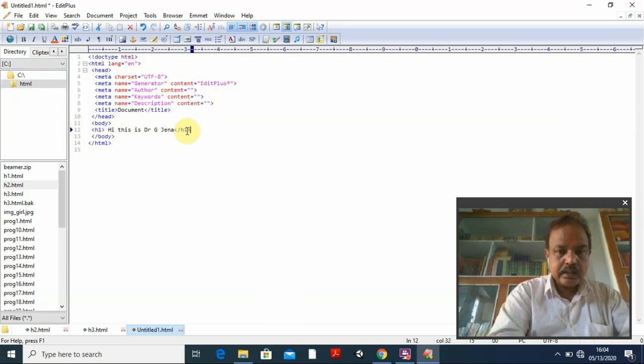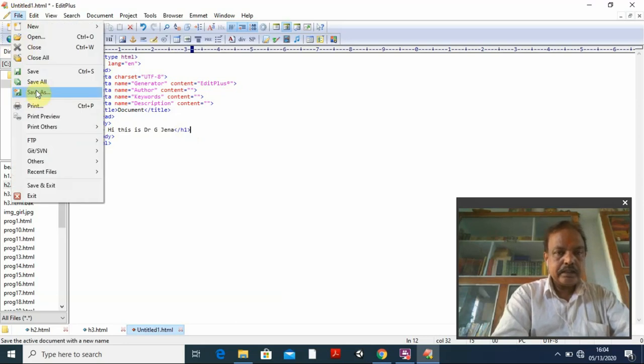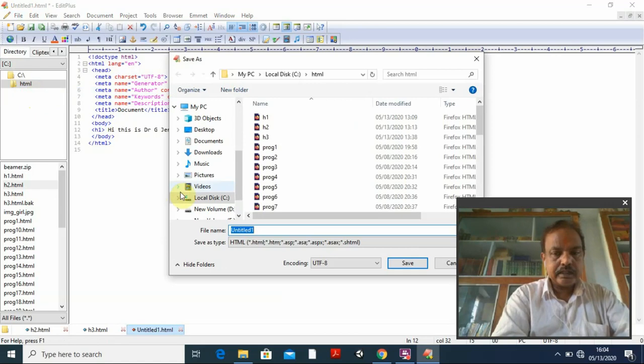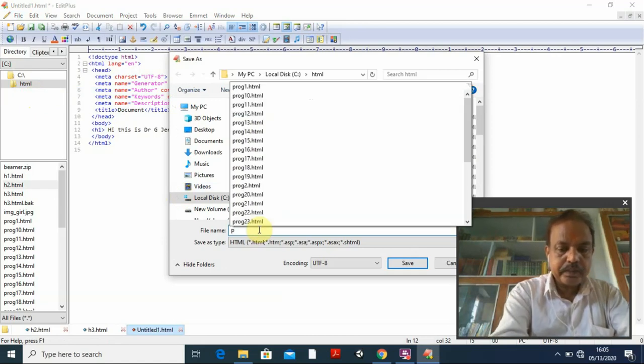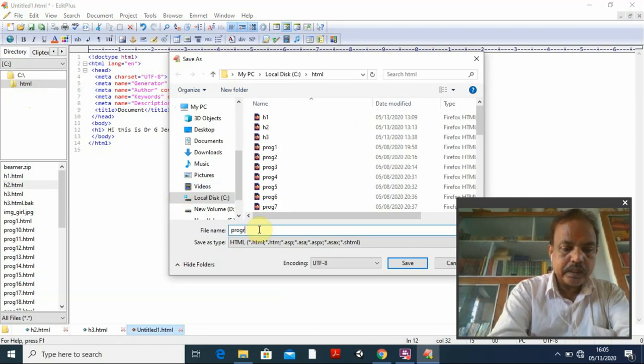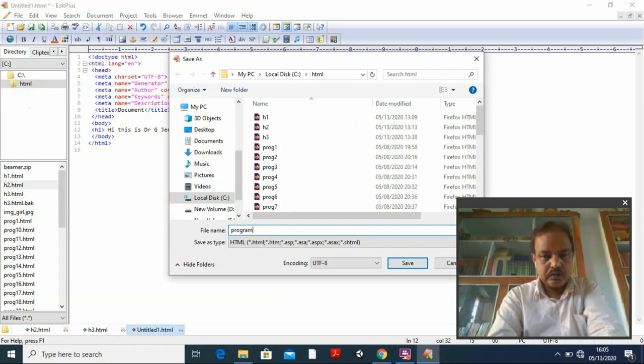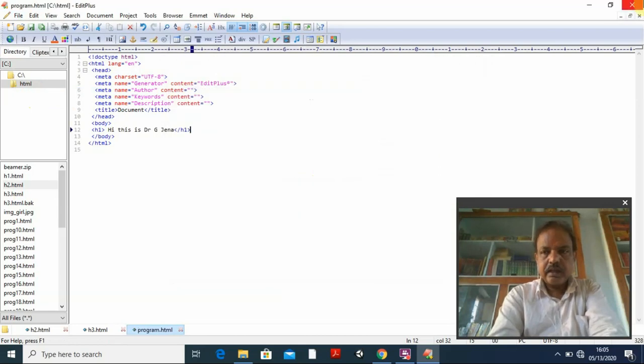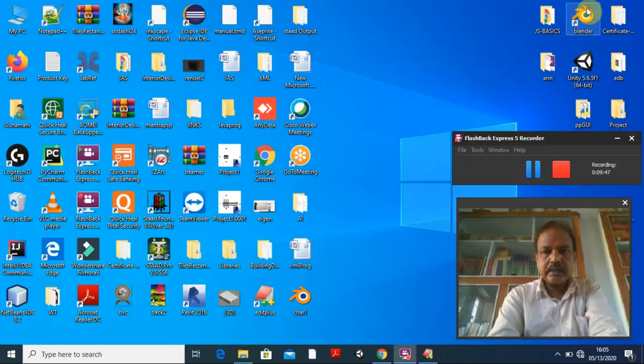Now I save this file, Save As. Suppose I write program dot html, just to type it. Then it asks, yes, I want to create it like this. Now this is the file where it is.